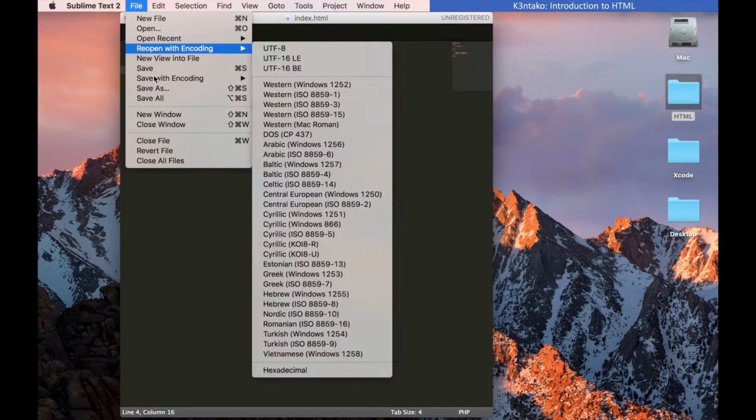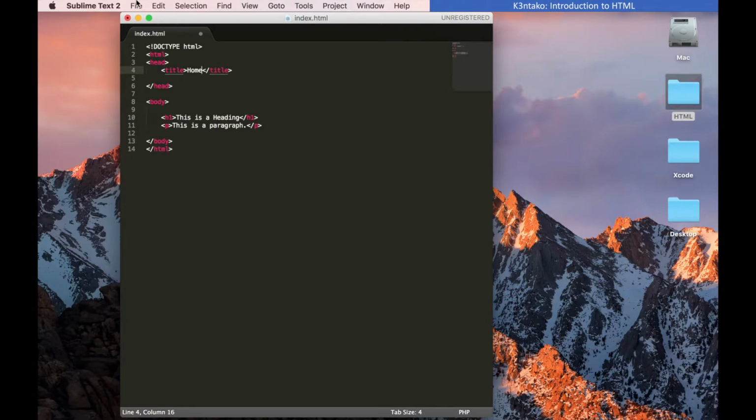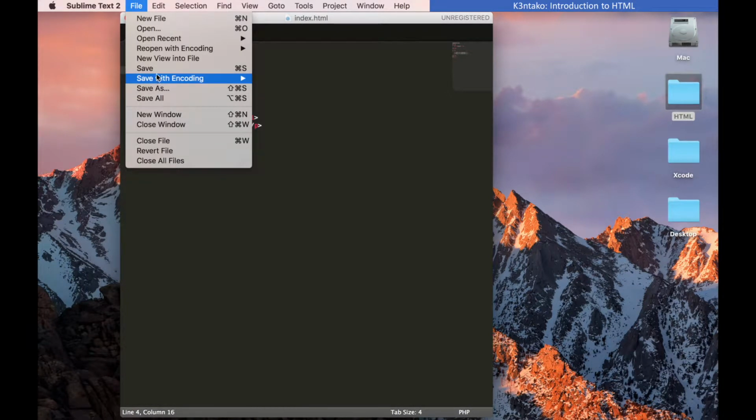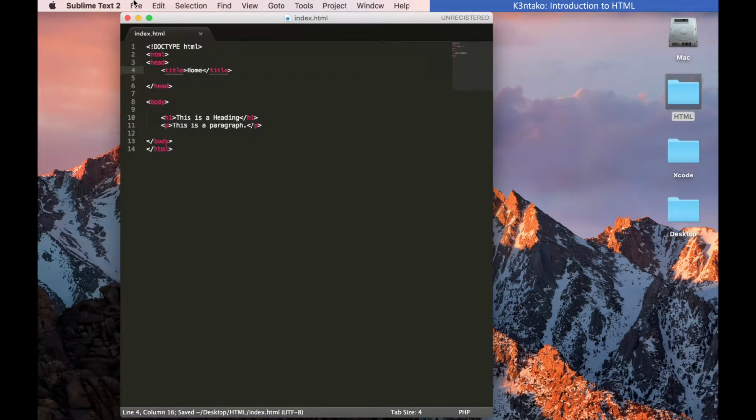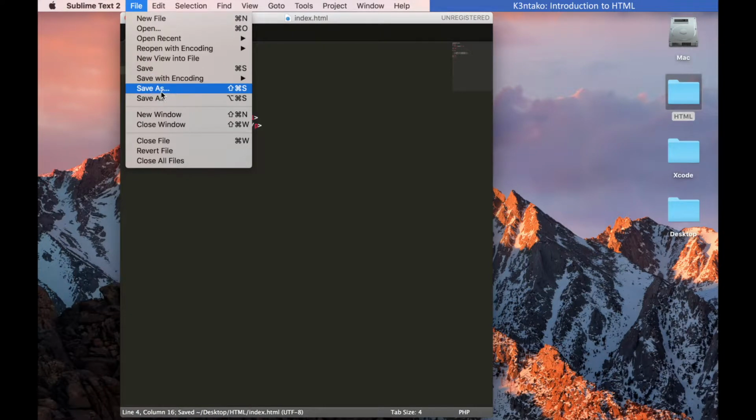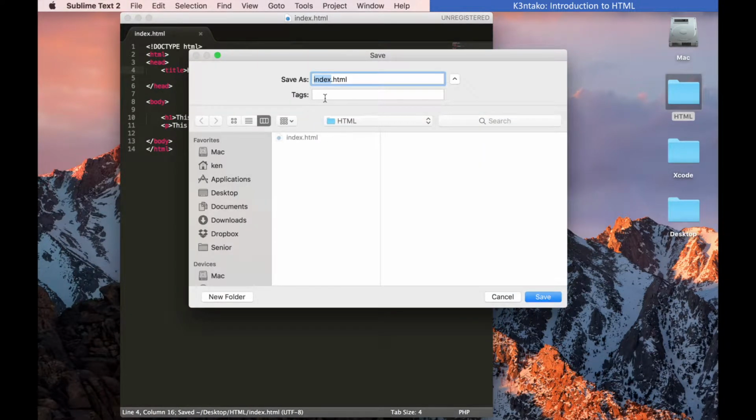But anyway, one of the important things to know is actually how to save a web page. So I already saved it, which probably wasn't a good idea for demonstration purposes, so I'll save it again. It's really important that your text file ends in .html. If it doesn't, your text file basically is no different from just a text file where you take notes or you have a list of groceries. So you can call it whatever. You can call it,